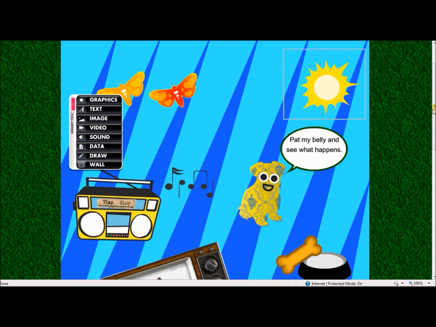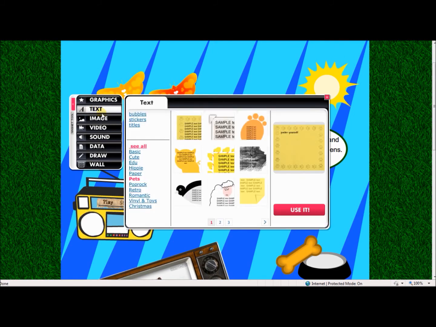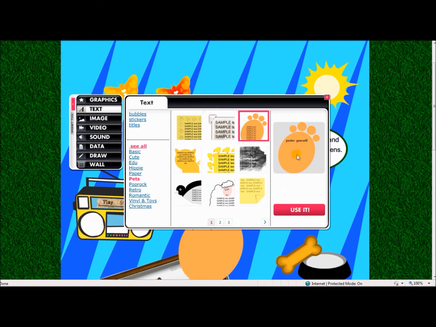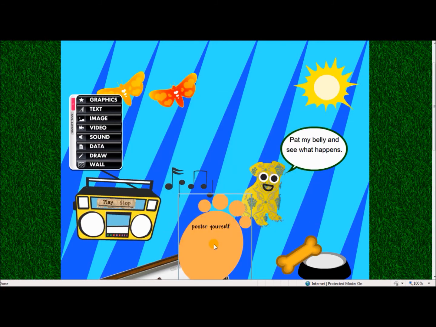The last thing I'm going to show you how to do is use the link tool. The link tool allows you to link a web page to your Glog. I'm going to link my Glog page that has all the tutorials on it to this Glog. So if you ever want to go back and look at the other tutorials, all you'll have to do is click on the image that we put the link on. I'm going to use a text box. Let's try the paw to go along with our dog theme. I'm going to click use it and quickly type in